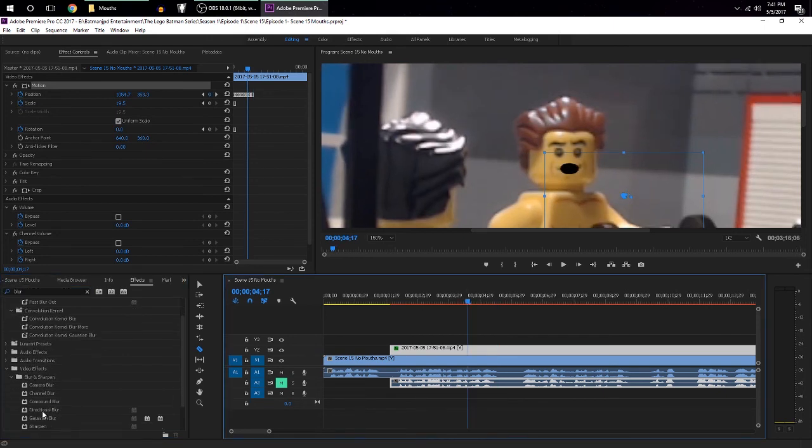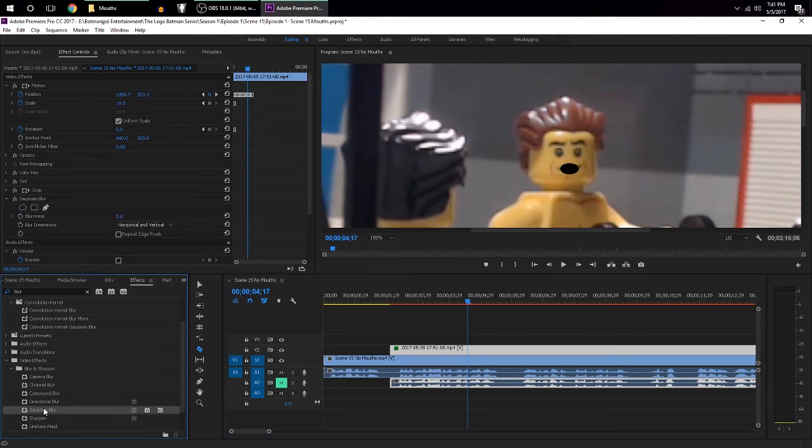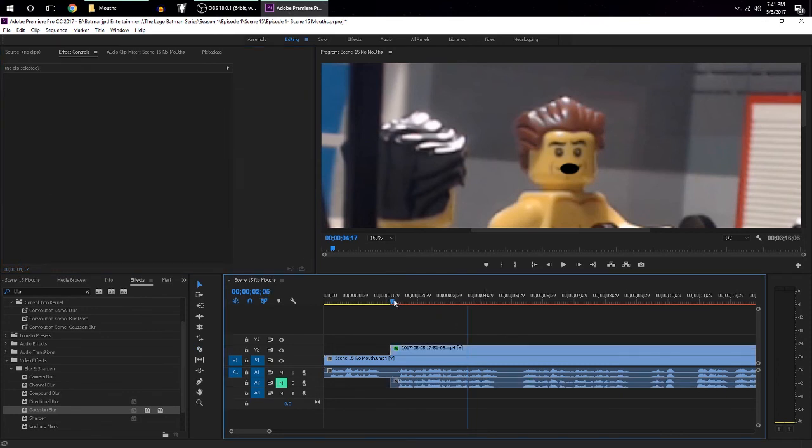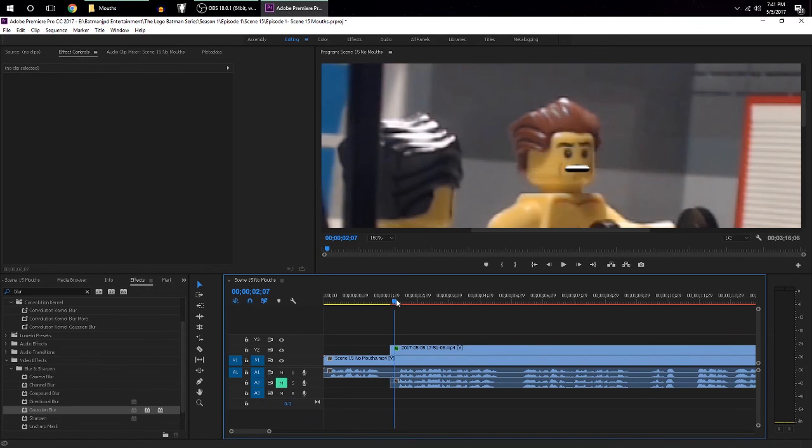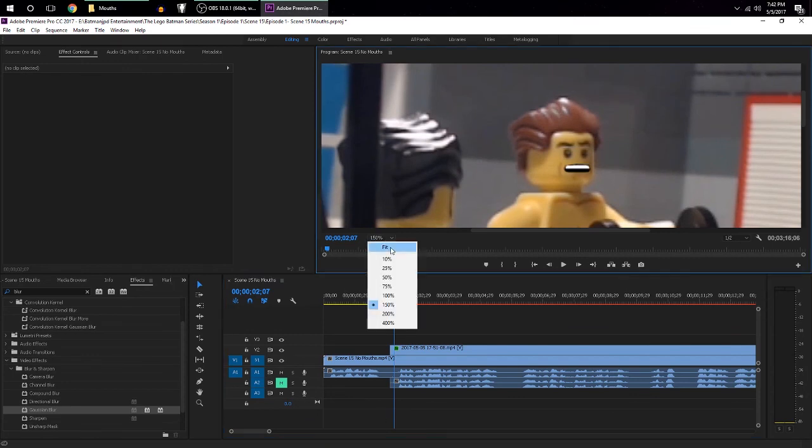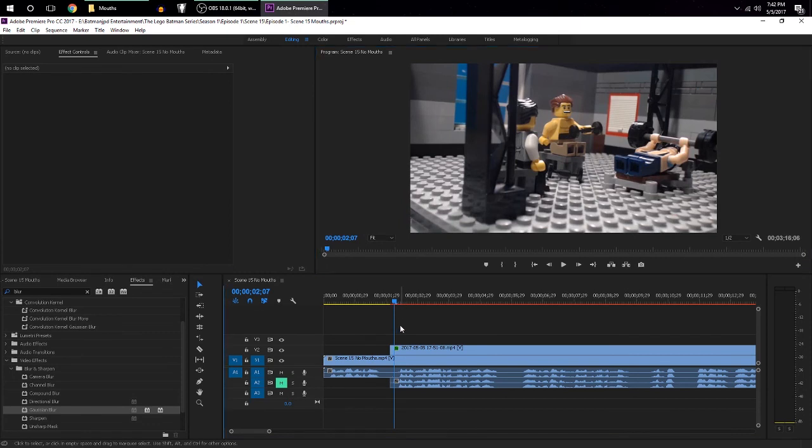So that looks a little bit more real. We're going to use a Gaussian blur. So let's click that, and we're just going to turn it up. Not too much. It's probably too much. Let's just go 13. 13 is just a little bit, just enough to not be too noticeable, but just the little details that help. So if we go back and zoom out of this and play this,